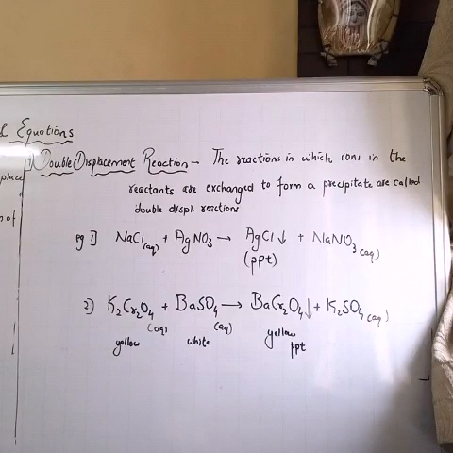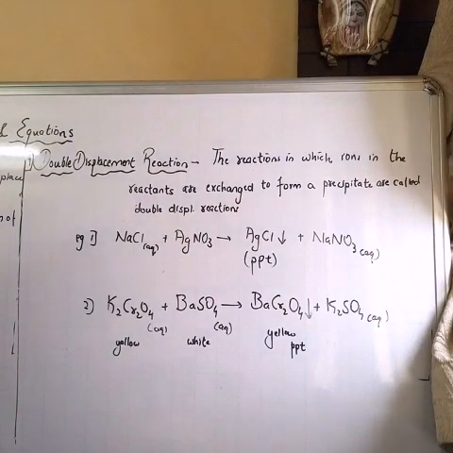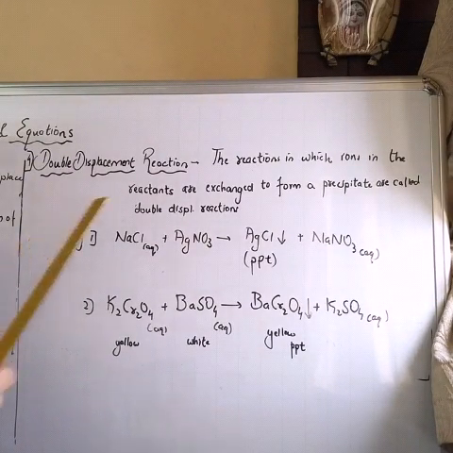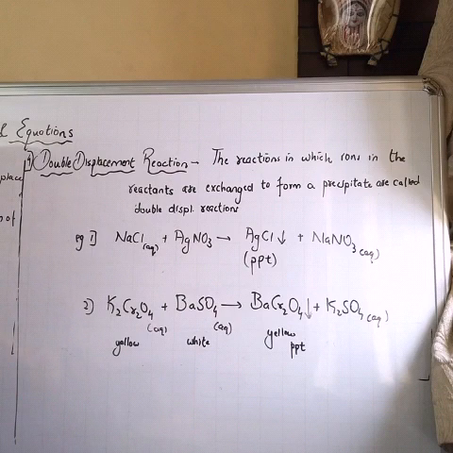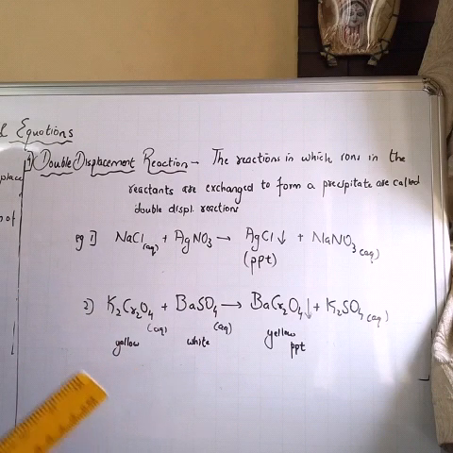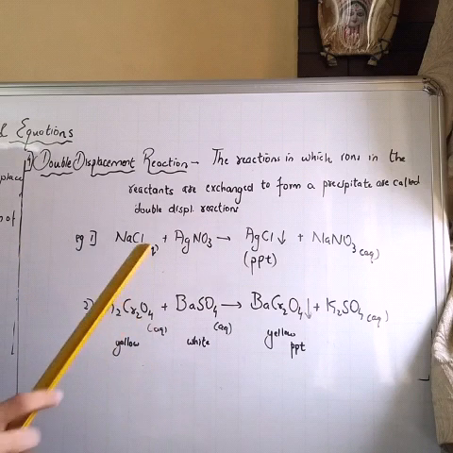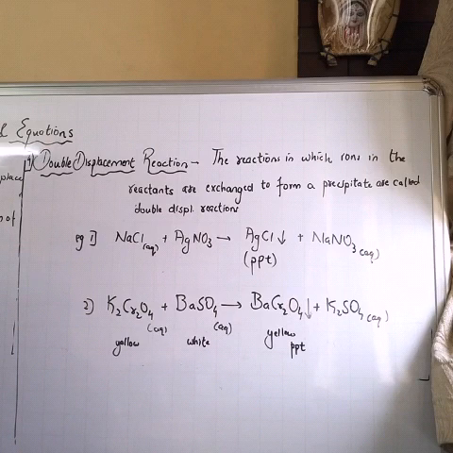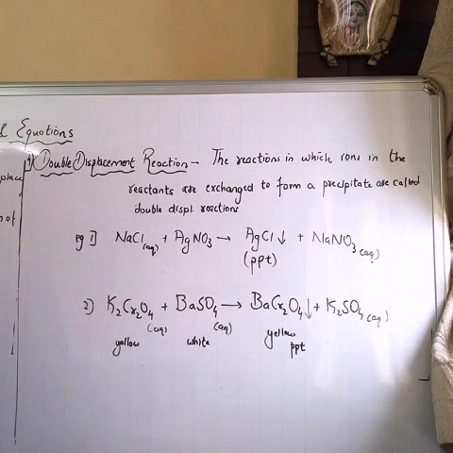Friends, let us now understand the concept of double displacement reaction. If you have understood the displacement reaction, this reaction is similar to it. Similar in what sense? In displacement reaction, some ions were displaced by more reactive ions. Over here, a similar thing happens, but the ions are getting exchanged between two compounds, and the reason is very much similar. It is because of the less reactivity and more reactivity.